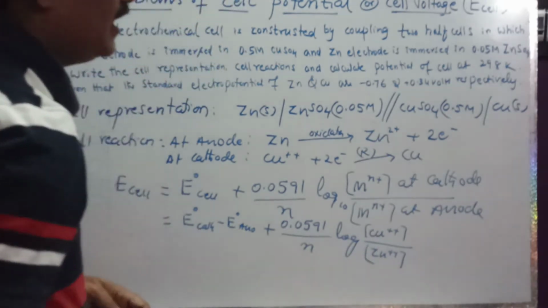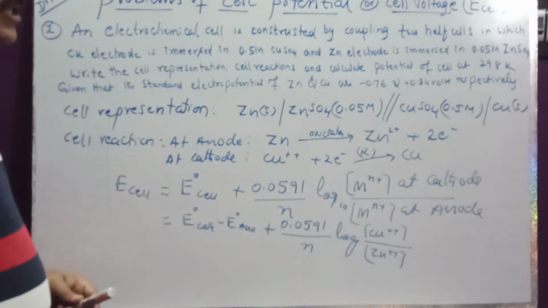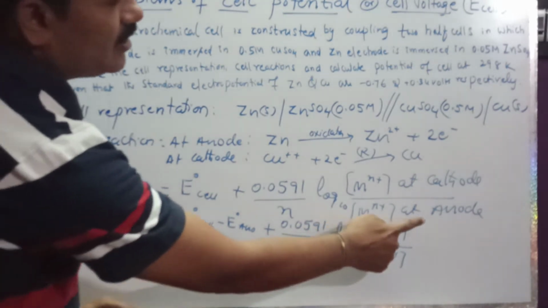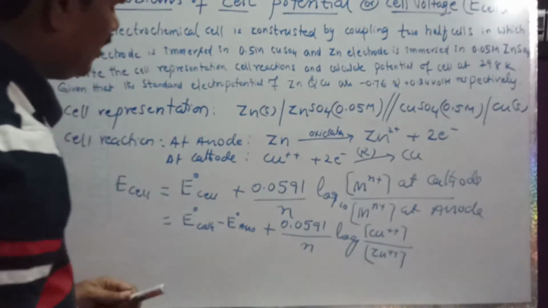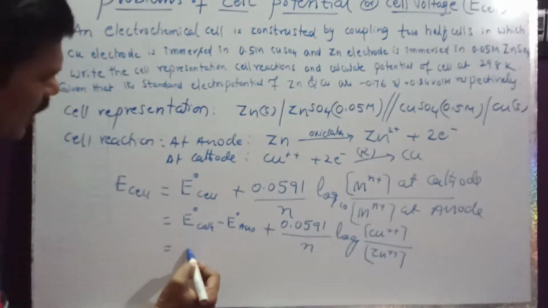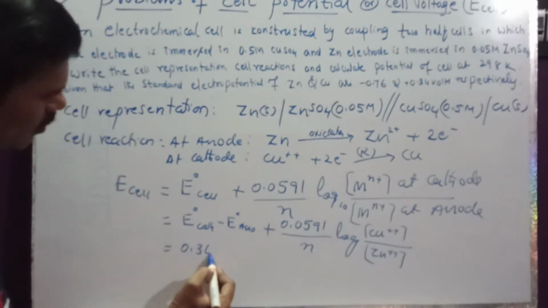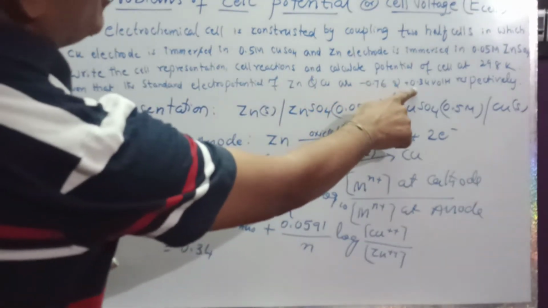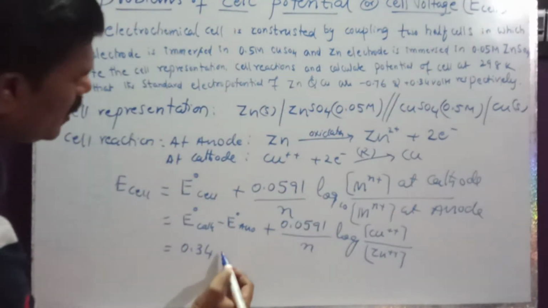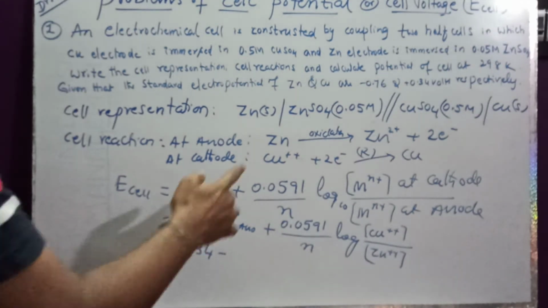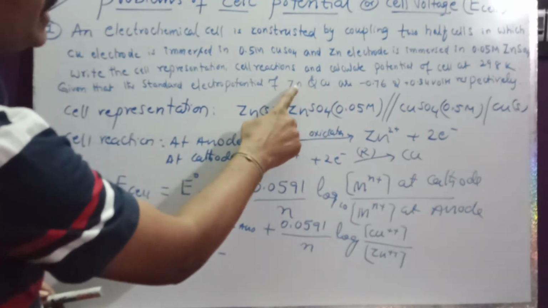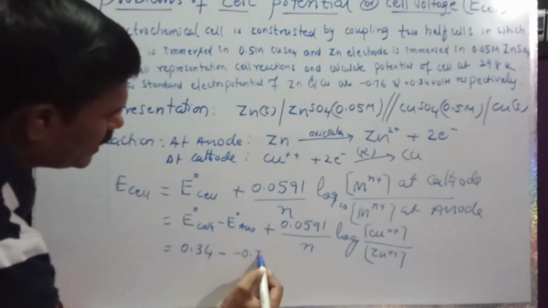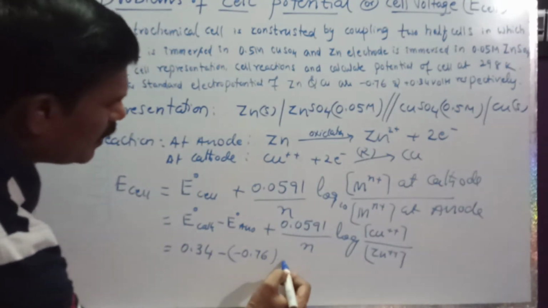So that you can write down the metal ion concentration at cathode, that is copper cupric ion concentration, and metal ion concentration at anode is zinc ion concentration. E naught cathode is 0.34 volts, that is the standard reduction potential of copper, minus the standard reduction potential of zinc, which is minus 0.76. So that is minus of minus 0.76 plus